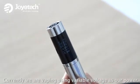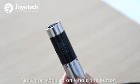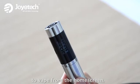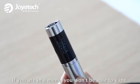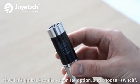Currently, we are vaping using variable voltage as our power. Note that you can only hold the button to vape from the home screen. If you are in a menu, you will not be able to vape. Now, let's go back to the Vapor Set option